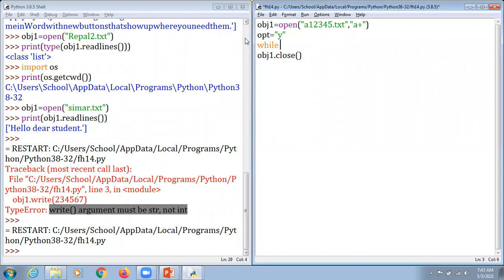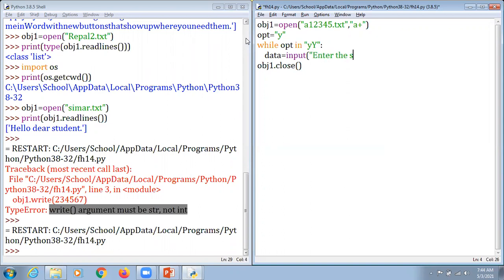Now while is a loop where we say opt in y and Y, so it checks both ways, whether it is lowercase or uppercase. So we are supposed to accept data equal to input, because this will only accept a string. That's why, instead of using int and float, we directly use input, because by default it accepts a string.